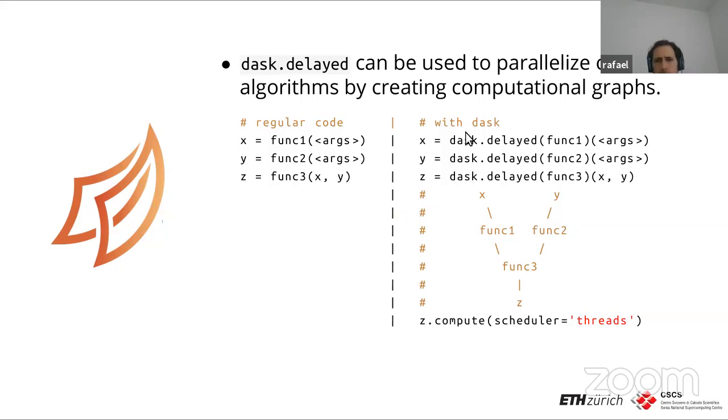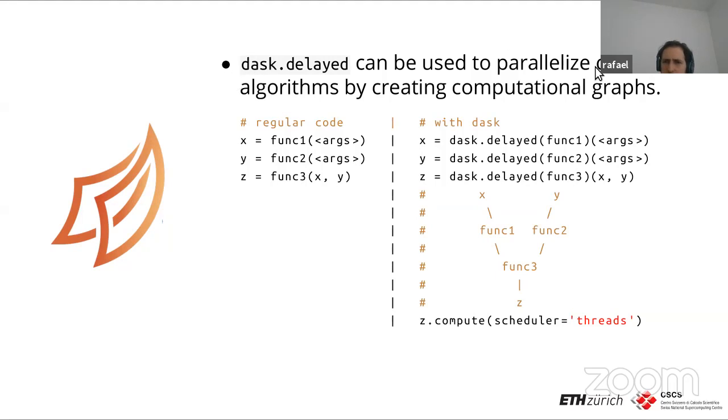Dynamic task scheduling is done very simply with a construction in Dask called Dask delayed. For instance, let's say you have these three functions, and you get x equal function 1 with some arguments, y equal function 2 with some arguments, and then z depends on these two. If you run it in normal Python code, it would be something like this. You run this one sequentially, then the other one, then the other one. And Dask introduced this